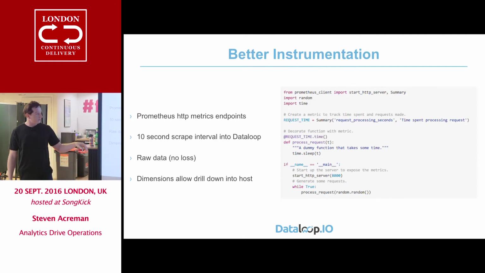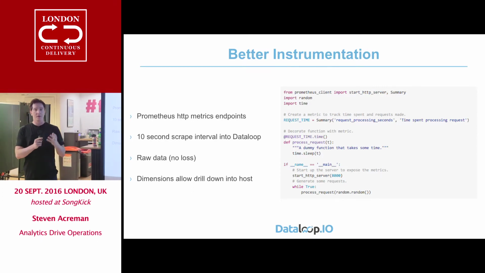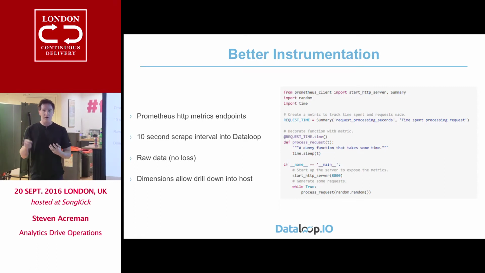But the cool bit is, obviously, you can then choose how often you scrape. So a lot of these metrics are just counts. If you decide to put this in, it's really lightweight in the background, it's just going to keep counting up. If you decide that actually you just want to collect that every minute, well, you're just going to collect a counter every minute. It's pretty easy. I mean, we have ours set to 10 seconds. You can go down to 1 if you want to. But yeah, you collect all the raw data, and this is where the analytic stuff comes in.